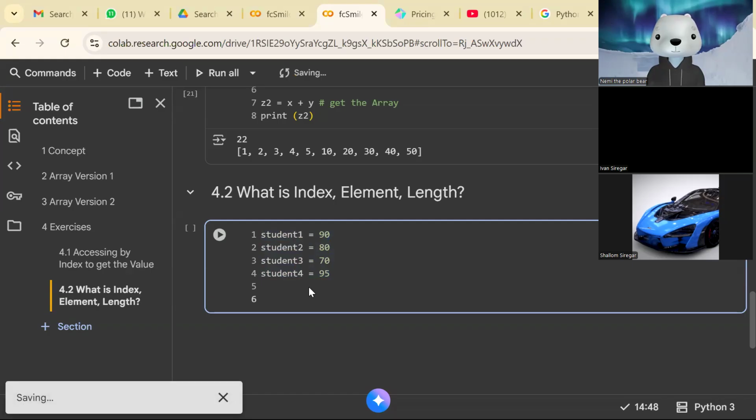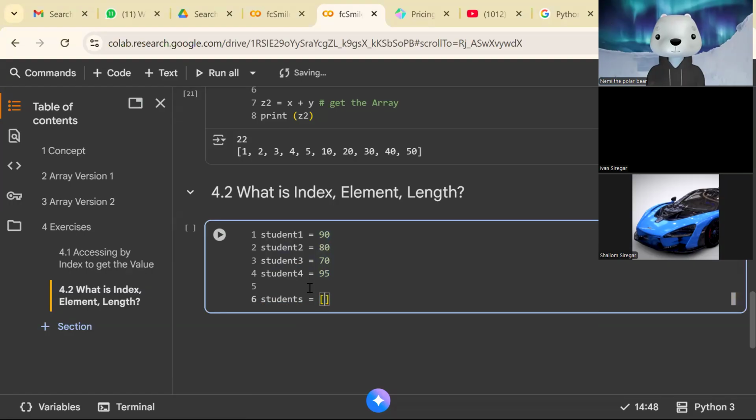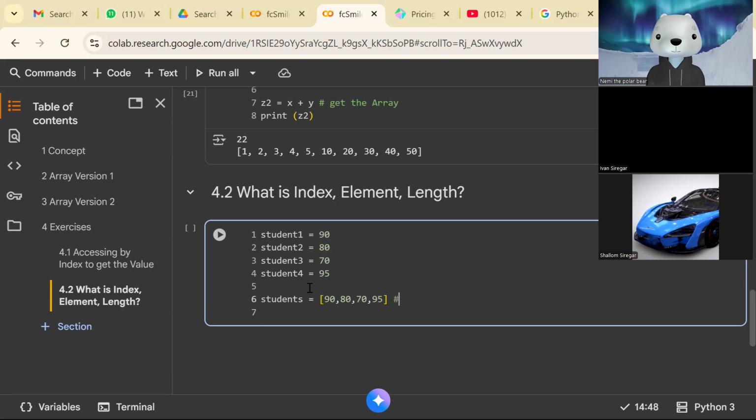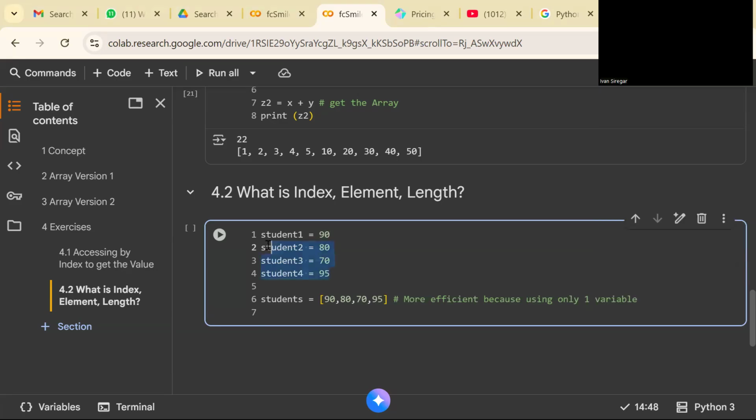However, when you just make students with the scores 80, 70, 95, this is more efficient because you are using only one variable. The previous one is not efficient.